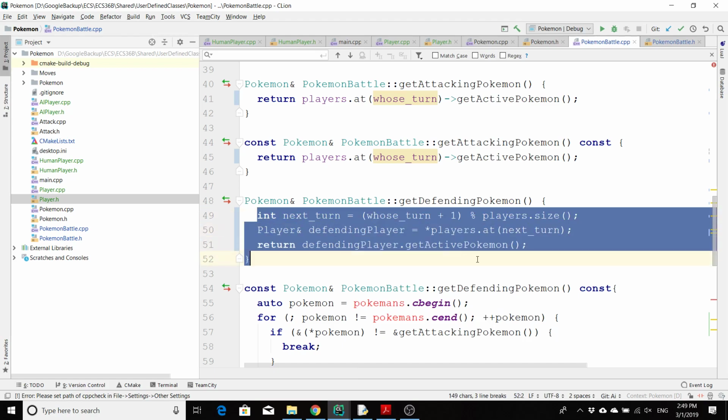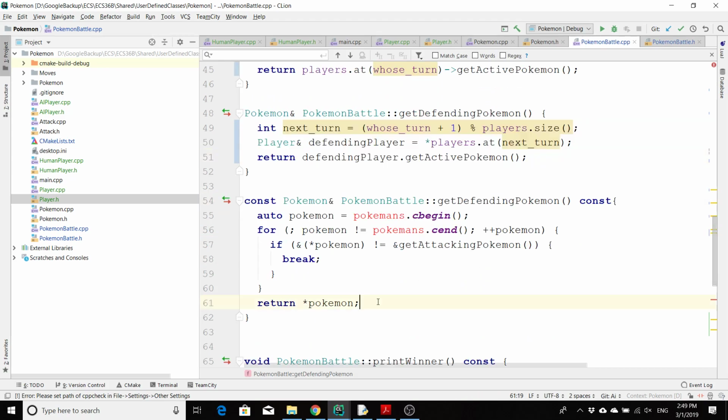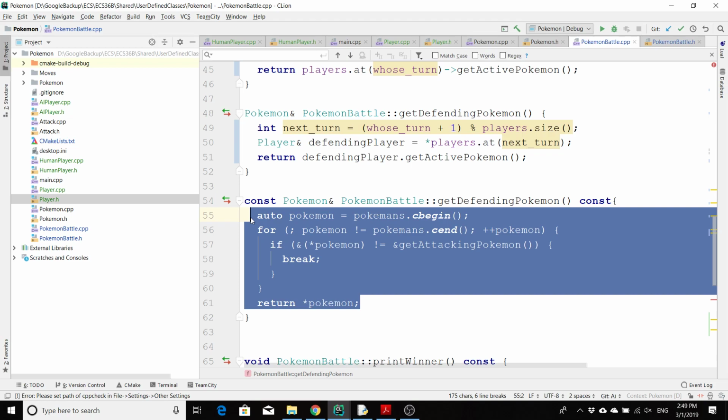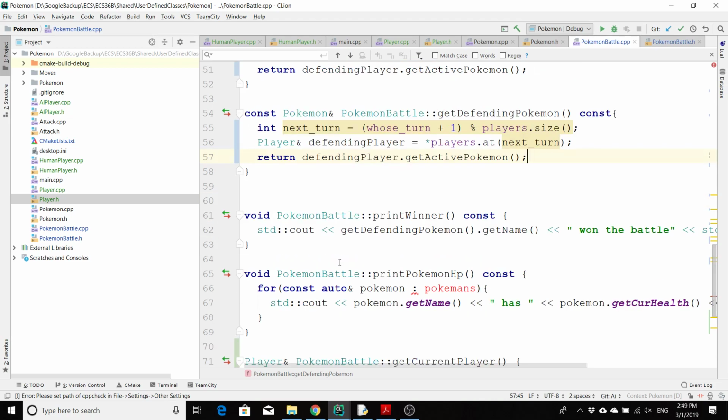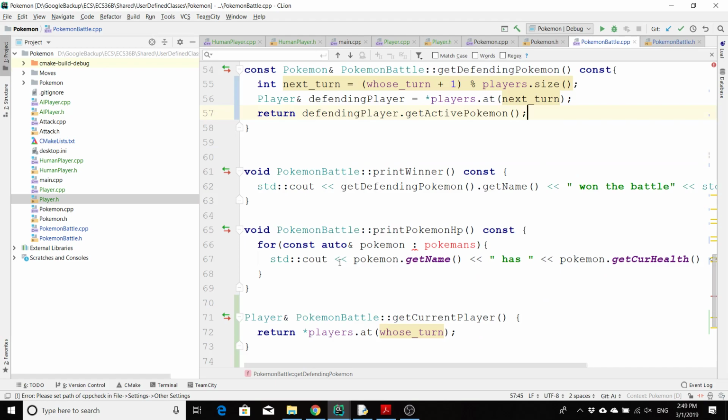And we can repeat. Eventually, I will show you a way of how you can cheat somewhat unsafely so that you don't have to keep rewriting this. But again, it's somewhat unsafe. So for printing the Pokemon HP, we would now have something like for